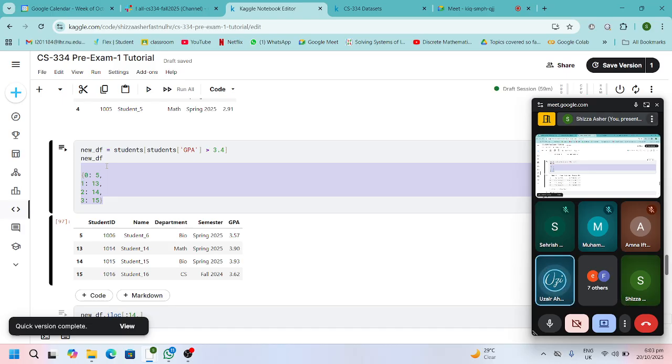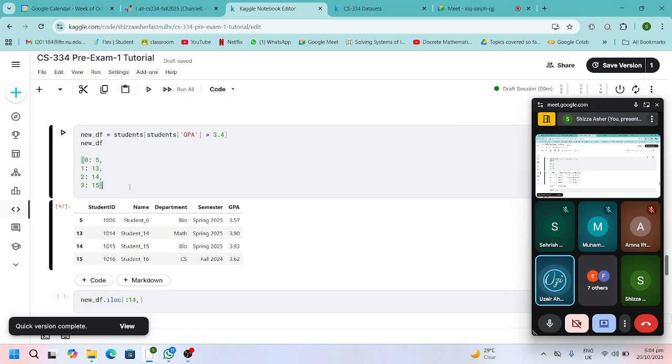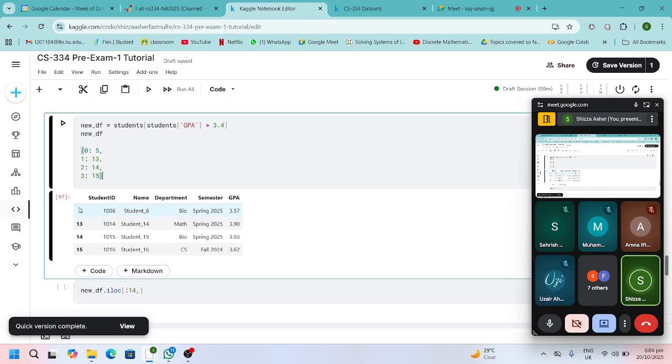हाँ मेरा ये question था, तो आप दोबारा बता देंगे कि loc जो है वो करेगा 5, 13 पे, even though चूंकि हमारा नया data frame है उसके अंदर index change नहीं होना चाहिए क्योंकि हमने तो वो filter out कर लिया। हमारा जो नया data frame है उसमें, like I told you guys, index बाय default reset नहीं होता, आपको manually command दे के उसको reset करना पड़ता है। So जब आप कोई filtering वगैरह करते हैं तो by default original data frame के against जो index होता है वो retain होता है। If you write dot reset_index after your command तो फिर वो reset होके उसको 0, 1, 2, 3 कर देता है।